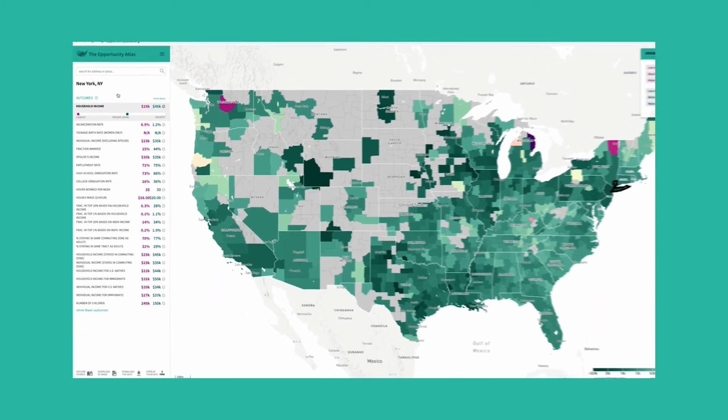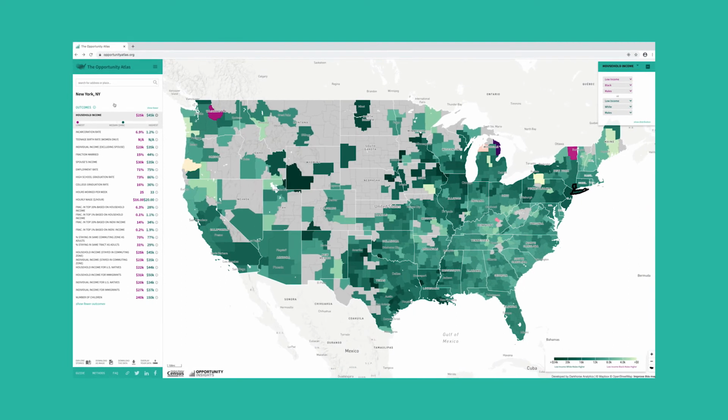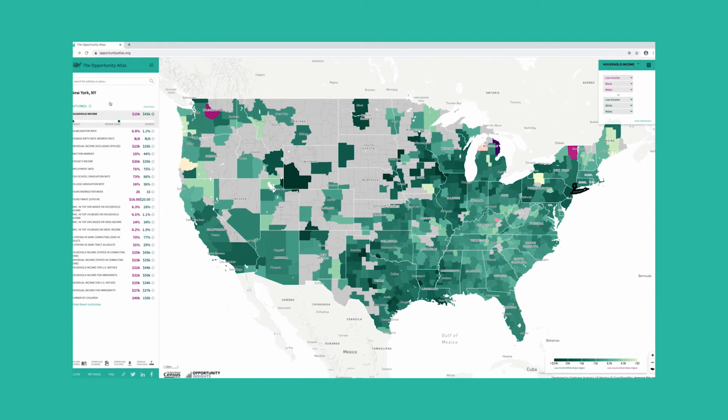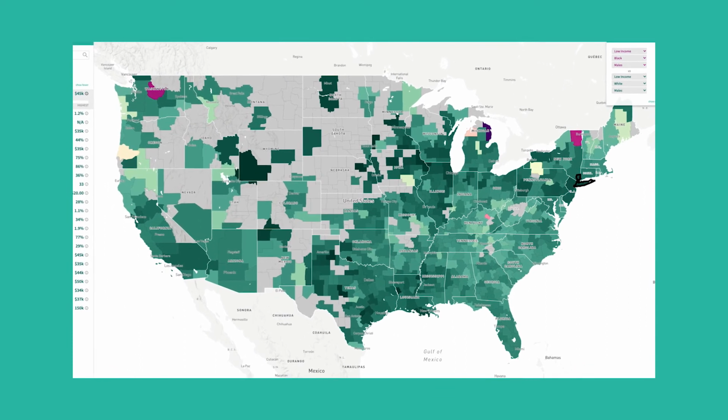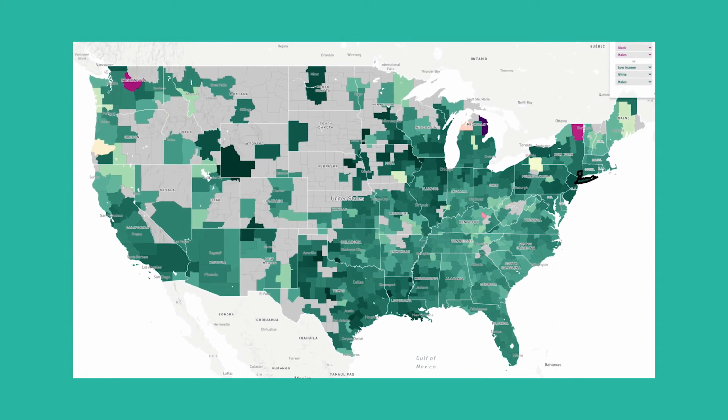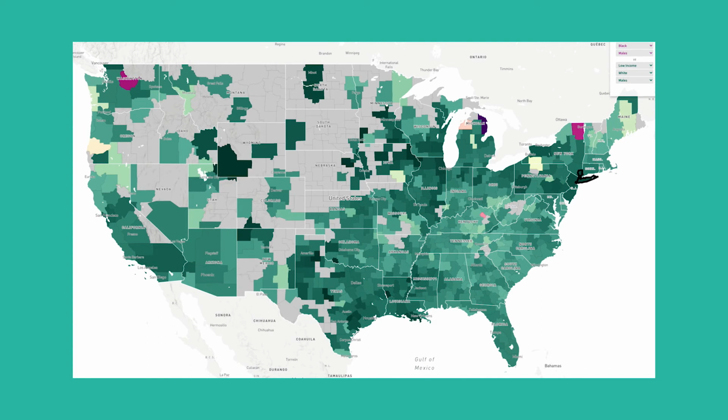On the map, you can see which of your two comparison groups has the higher outcome based on the purple and green shading. If an area is green, then the low-income white male outcomes are higher. If an area is purple, then the low-income black male outcomes are higher. Perhaps unsurprisingly, we can see that most of the US is colored in shades of green, which means that low-income white males have higher outcomes than their black peers.